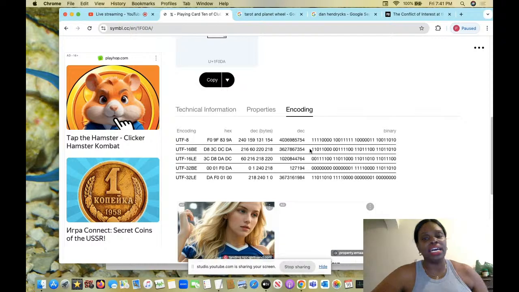16-bit. Why? Because I want my computer to be able to process this quickly because when you're playing with these types of binary encoding, it takes up a certain amount of bits. So she's using the 16-bit so that the encoding on her computer and the encoding on the internet can